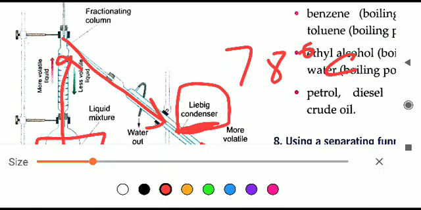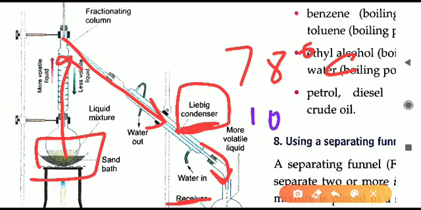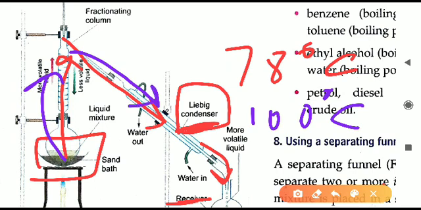After that the temperature will again rise, and as the temperature is coming to be 100 degrees Celsius, then what will happen? Now water vapors will come. Water will convert into vapors at 100 degrees Celsius, and again they will move rightwards into the Liebig condenser. They will reach, and again condensation will take place. अब water vapor का condensation होगा, then on cooling water vapor क्या बन जाएगा? Again it will become water. So water we will collect in the second container.